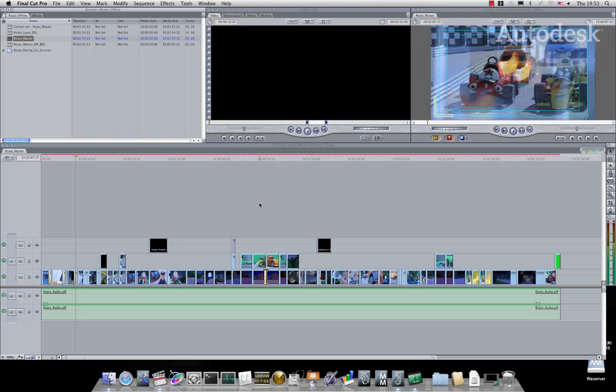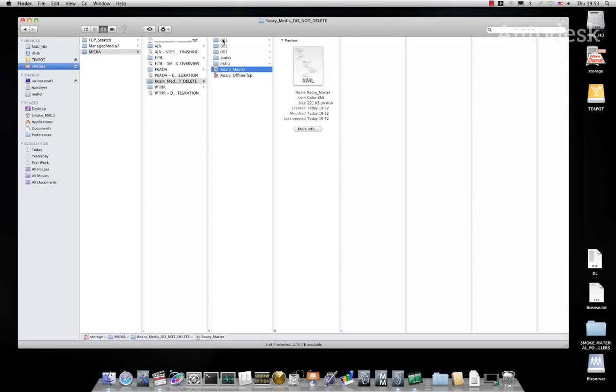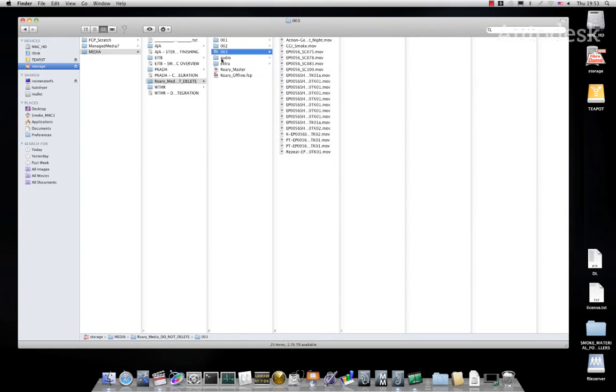Just to show you what's actually been done, if I come over to a little Finder window, we can see that in my directory structure I've navigated on my storage, here is the XML I've created, and here we have some folders that contain our QuickTimes. Now these QuickTimes are uncompressed, but they could very easily be ProRes,